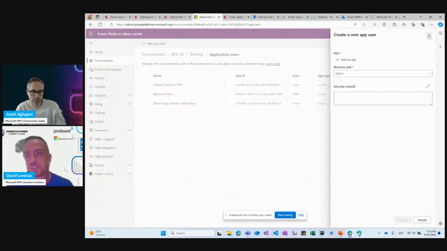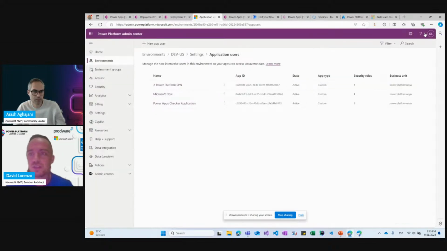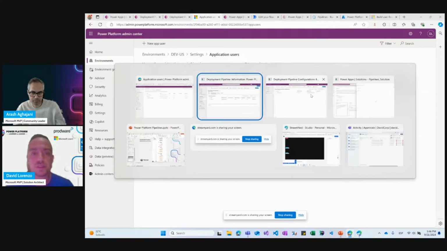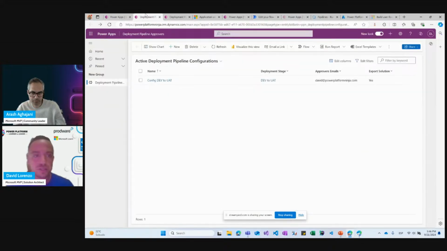So it has to be in the same tenant for this to find the application. And then we select a business unit, and we give a system administrator role to this service principal in order to allow the ownership of the deployments. Okay.